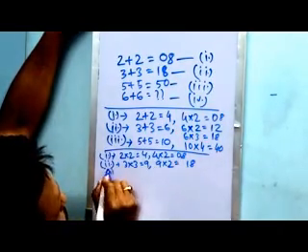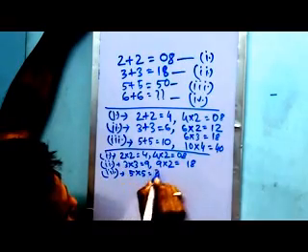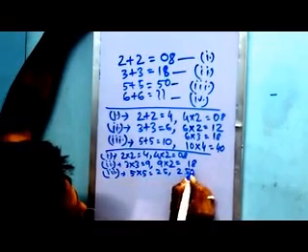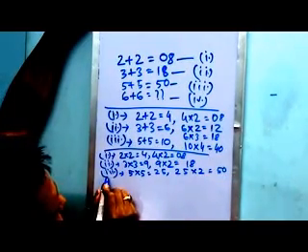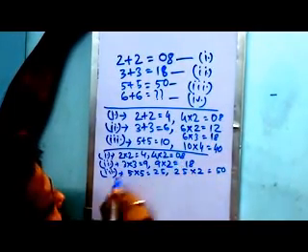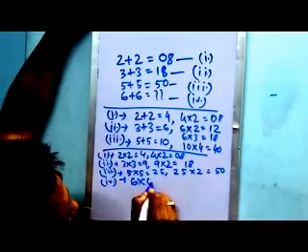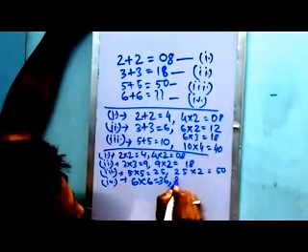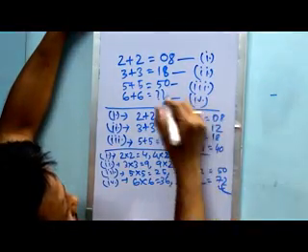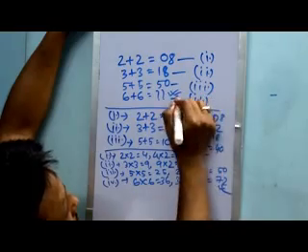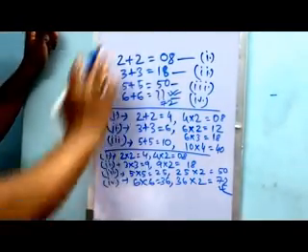Okay, from row 3 it will be 5 into 5 equals 25 and 25 into 2 equals 50. Got it? If you implement the same logic in row 4, you will get 6 into 6 equals 36 and 36 into 2 equals 72, and that will be replaced by 72 to complete the riddle.